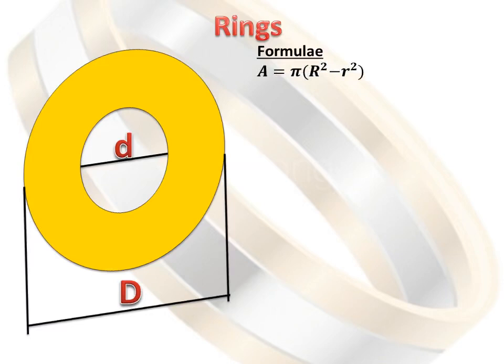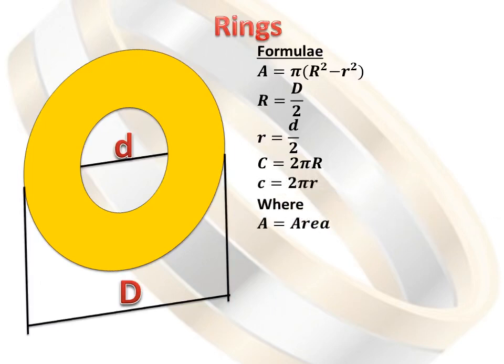First one, say A is equal to pi into bracket R squared minus r squared, that's bigger R squared minus small r squared, all close bracket, where our bigger R is equal to the bigger D divided by 2, our smaller r is equal to smaller d divided by 2, and our bigger C is equal to 2 pi bigger R. Our smaller c is equal to 2 pi r,